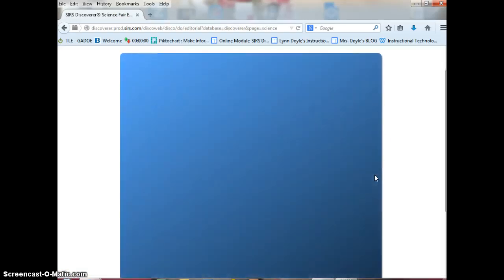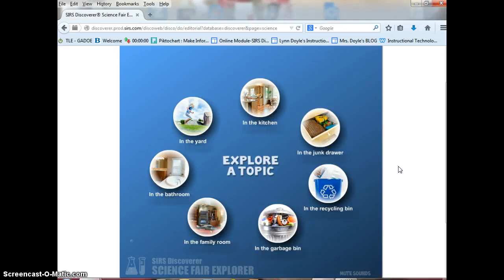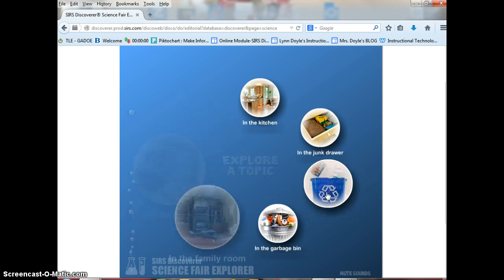Science Fair Explorer, just what it says there. It has several different science fair activities. The students could pull this up at home. I tell my teachers to give the students the password. Let them go in here and play around with it. They can choose a